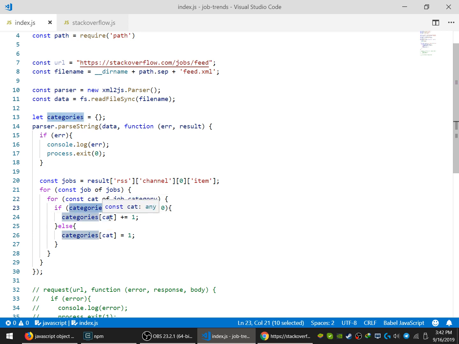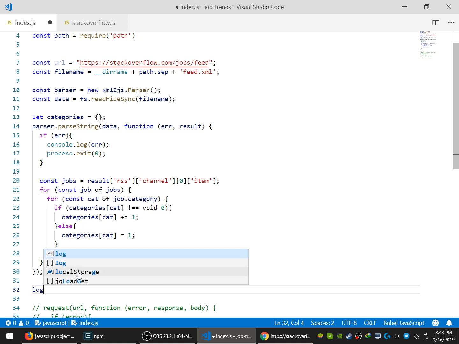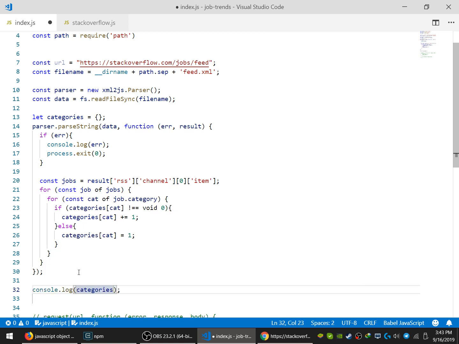if the category exists. If the category exists, we simply update its index, else we push the category with the value, right? And in the end we're going to log this value. But the thing is, once we run that, the value will be printed first, because we have to pass in a callback,